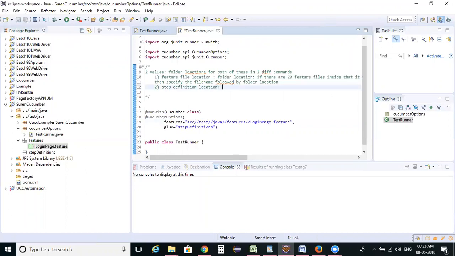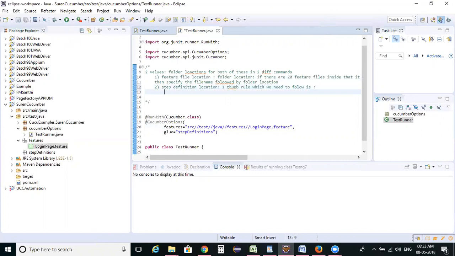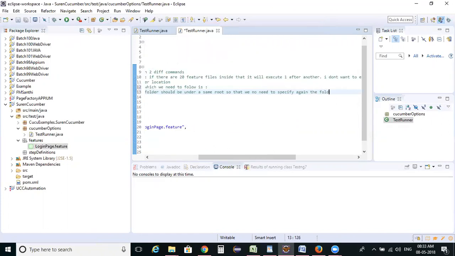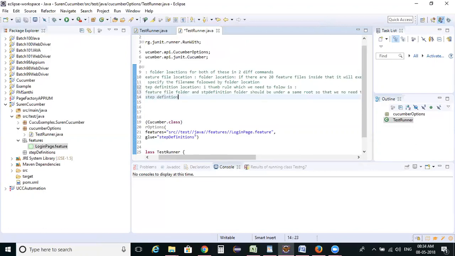For the step definition, one thumb rule we need to follow is that the feature file folder and the step definition folder should be under the same root, so that we need not specify the folder location again for step definitions.